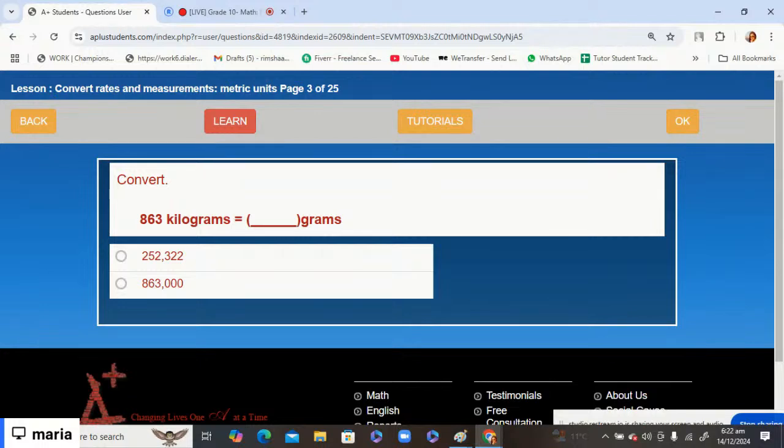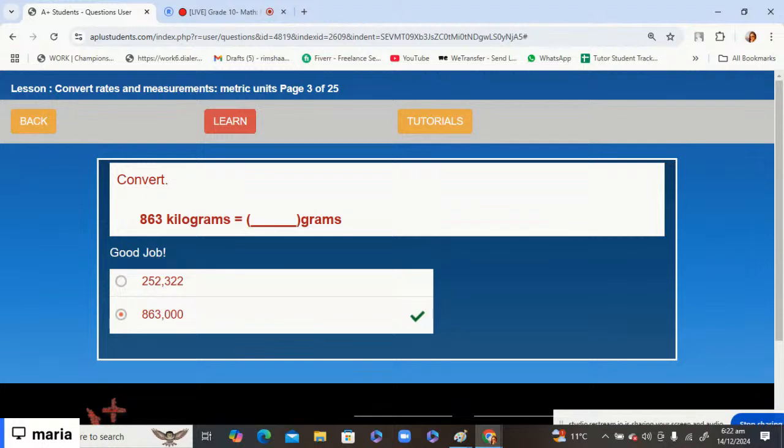Now kilograms to grams, we are converting bigger to smaller, so just multiplying with 1000. Okay, so multiplying with 1000, so putting 000 with it, 863,000. Okay,